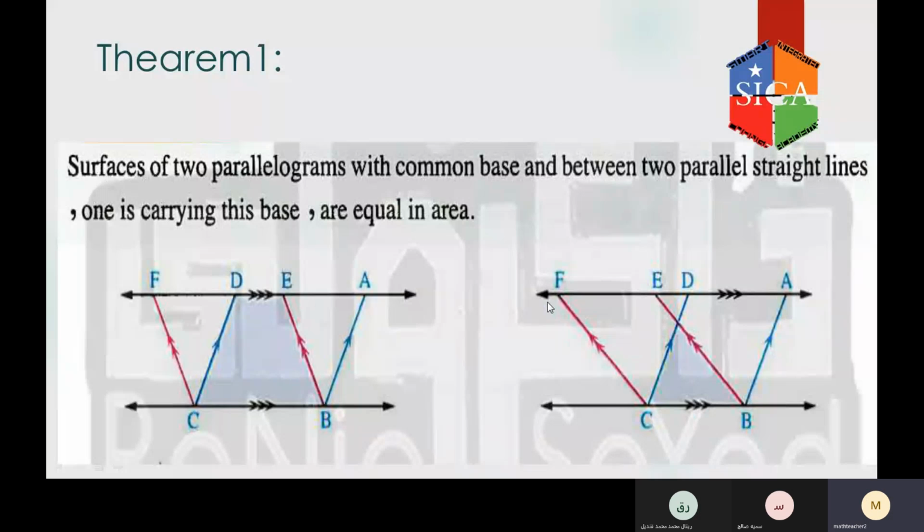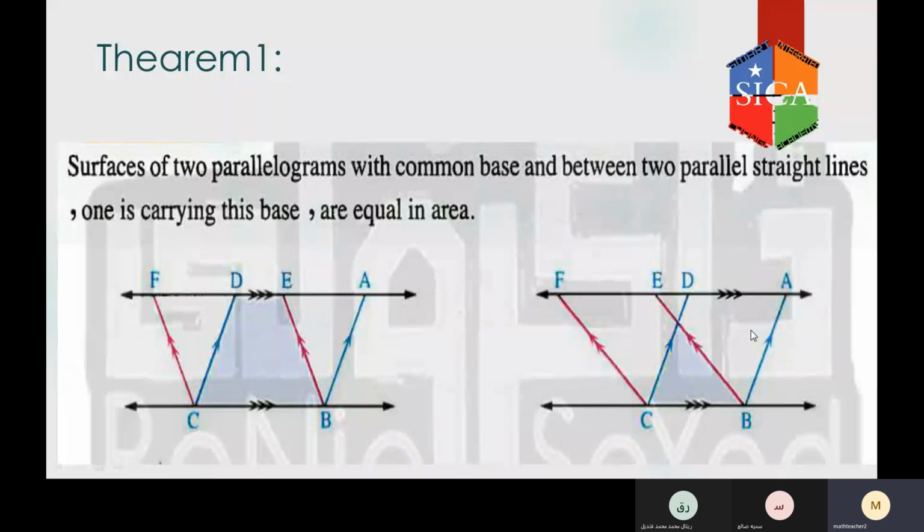These are two parallelograms that have a common base BC. And the other figure, ABCD is a parallelogram and EBCF is another parallelogram. They have the same base, which is BC. Then the two parallelograms here have a common base, which is BC,